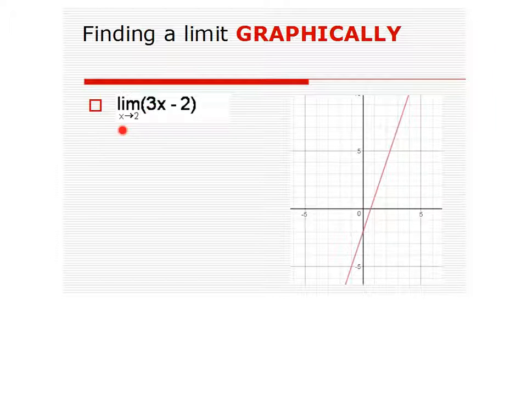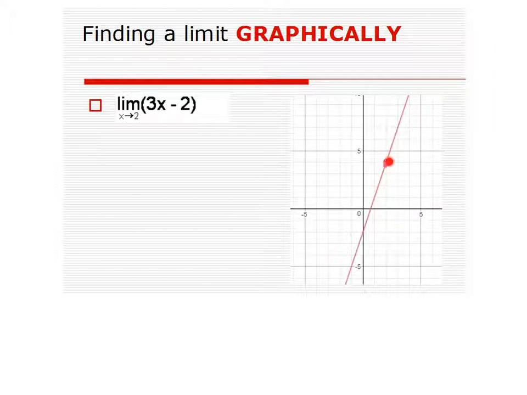And I'm going to look at what's going on graphically as x approaches 2. What that means is, right here is an x value of 2, and my function has an x value of 2 at this spot right here. That's the spot that I'm approaching. So as we come in from the left side along that function, and as we come in from the right side along that function, and I am approaching this spot where x is equal to 2, and I'm getting closer and closer,